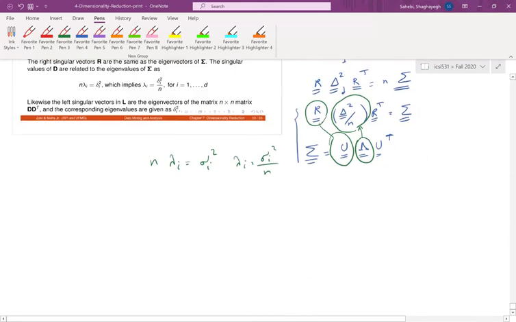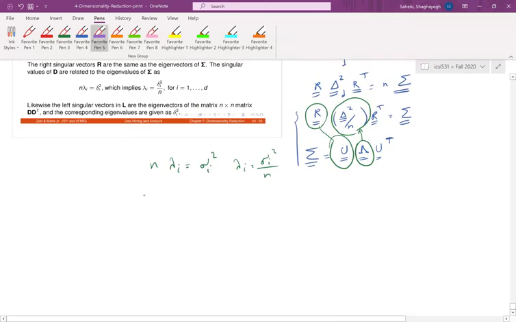Now, what if we look at D D transpose? If we look at D D transpose, we are going to conclude something about the left singular vectors. And you can try that at home and see what you will get. So that is it for our singular value